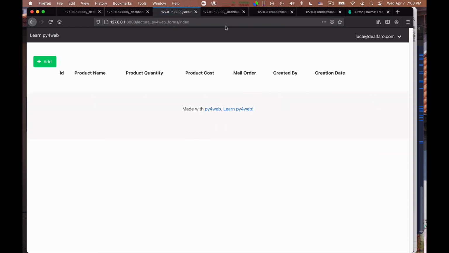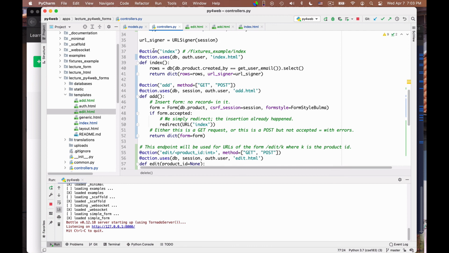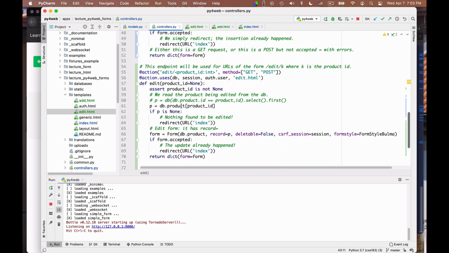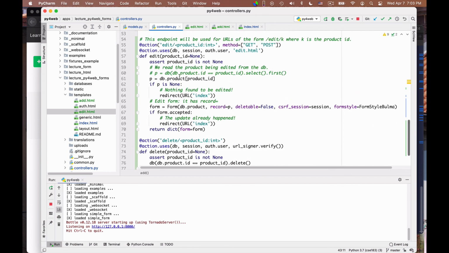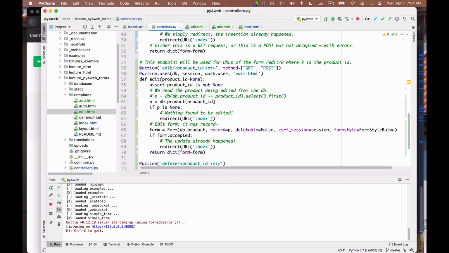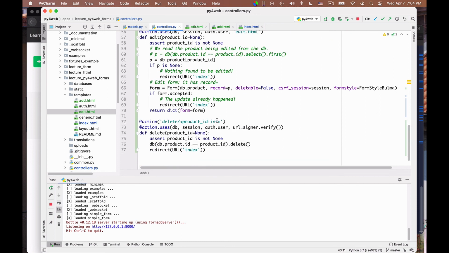So this shows you how to build a simple application in which you can display all the products via this index endpoint, add them, edit them, and delete them. Okay, and the security is ensured for add and edit via the form key that is included in each form, and it is ensured for delete by the signature that is present in every URL.